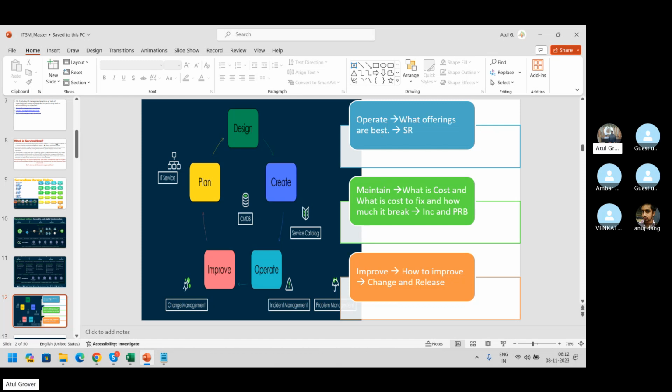And to do this part, operate, maintain, and improve, we need the 4 P's. We need the people, we need the process, we need the product, and we need the partners. That was the reason on day 1 or day 2, when we discussed the 4 P's, that the 4 P's link here. If we want to improve the offering, we need good people, a good process, a good product. So the 4 P's were not just for discussion. It was to link that topic with these 3 parameters here.